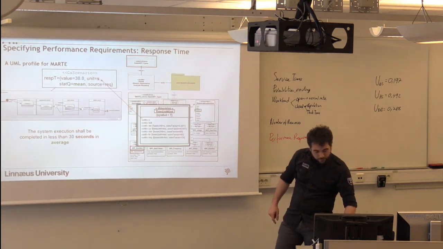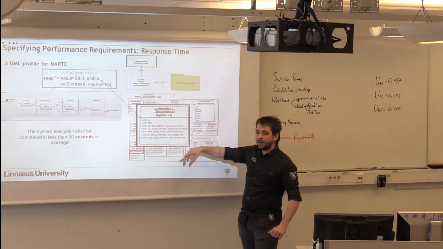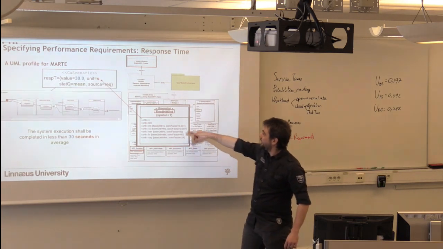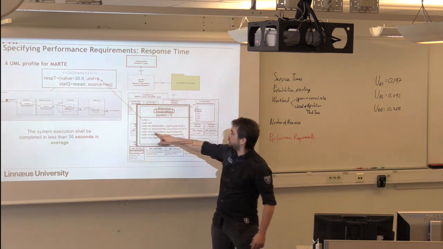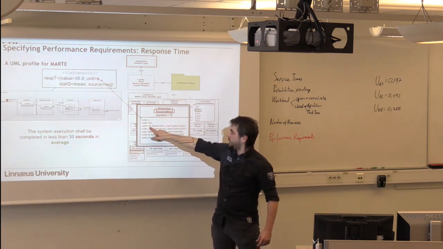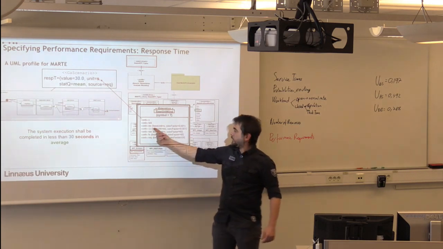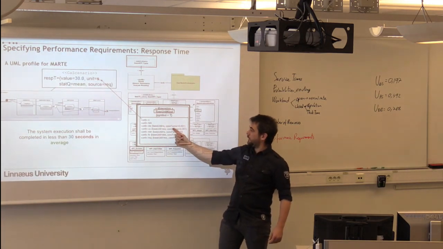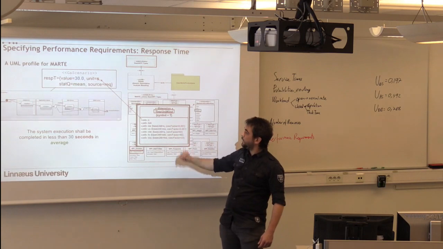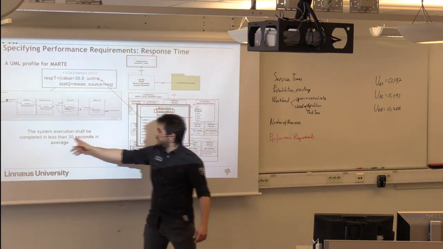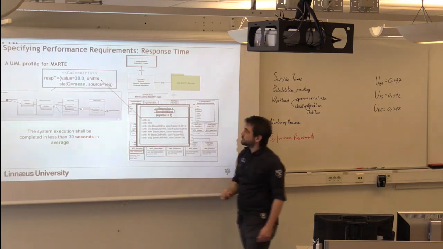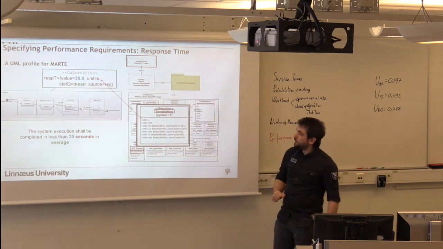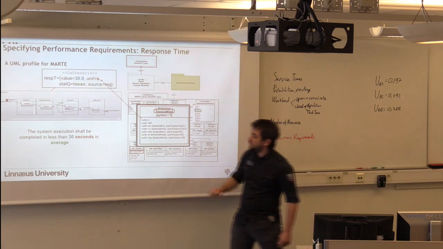The unit kind is defined in another image in the profile. And we have units like s for seconds, ticks, ms for milliseconds. We have the base unit, the second, and the conversion factor 1000. So if it is less than 30 seconds, the unit s. And with this, we have defined this